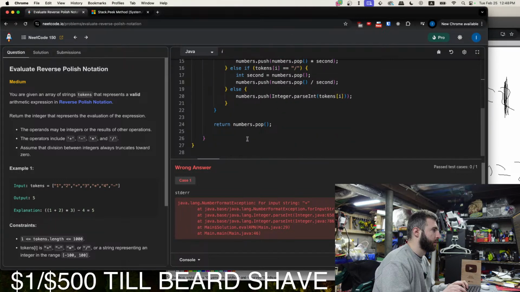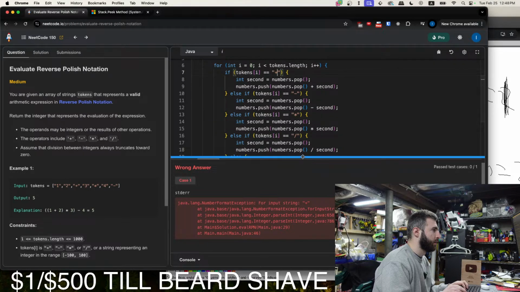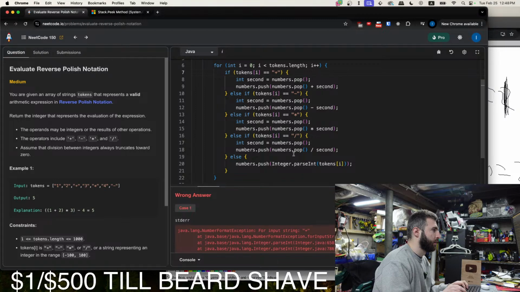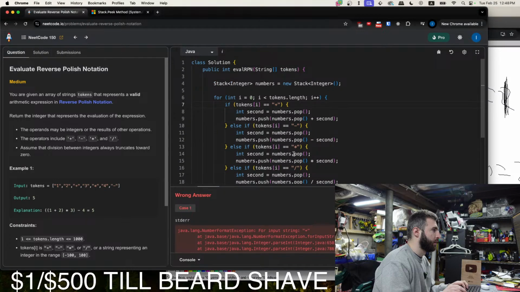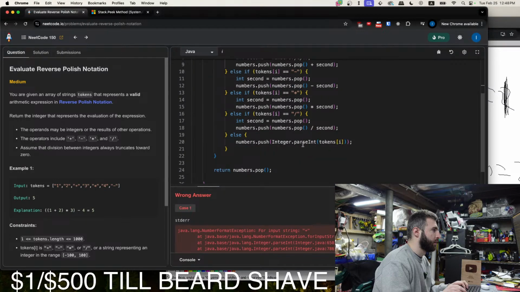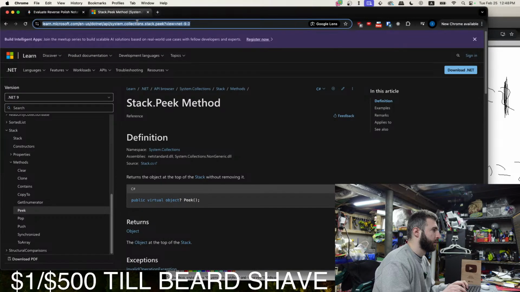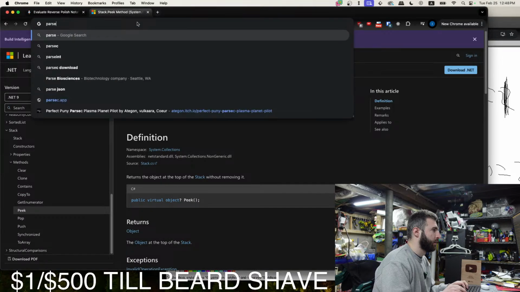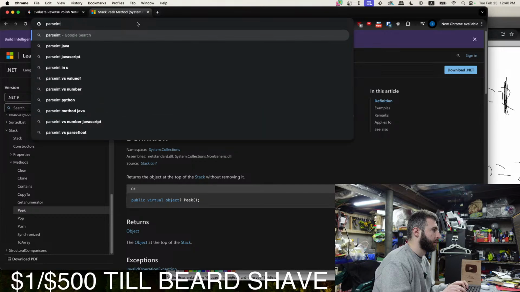But what? For input string plus. Why are we getting a number format exception for parseInt? Let's see. parseInt Java.